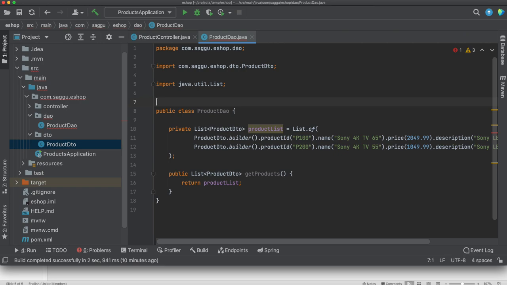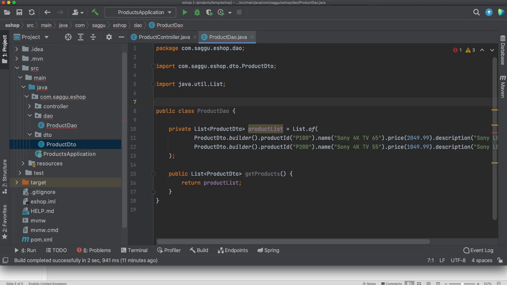This is the simplest explanation of IOC, giving control to a framework. Spring also helps us with dependency injection. What is dependency injection? It is basically an implementation of IOC, right? IOC being a software engineering pattern,